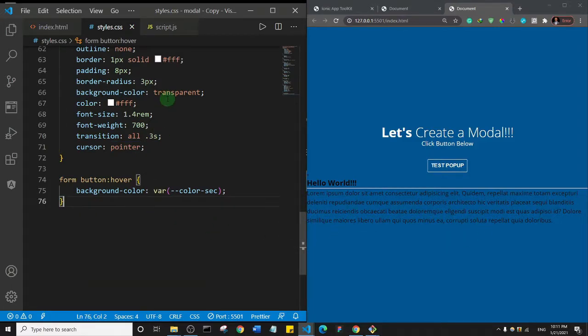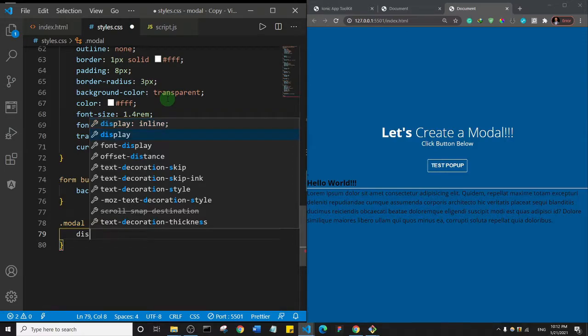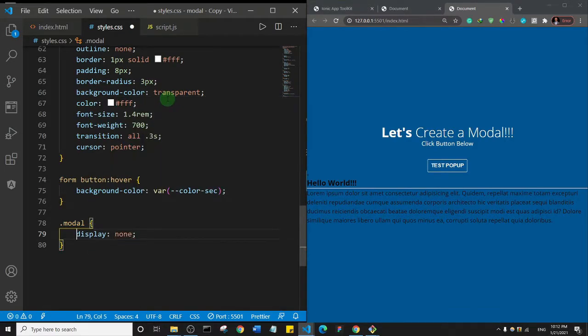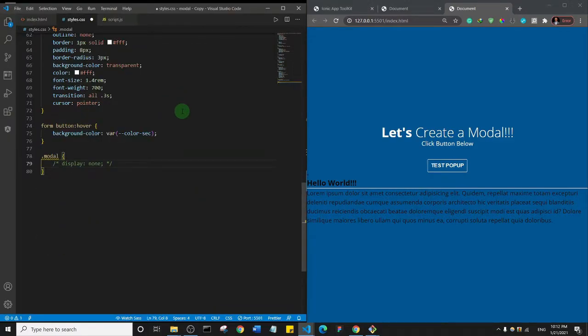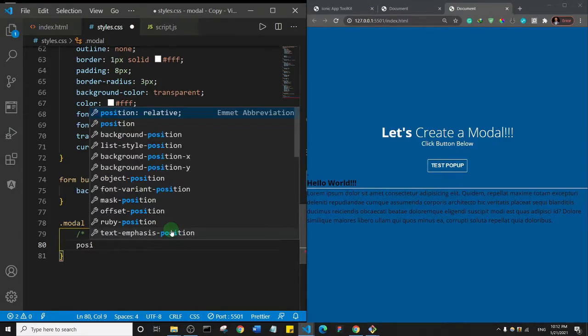That's these guys here. So I'll say, I'm kind of wondering why. Okay, anyway, I'll say modal, and it's a class, so dot modal, and we're going to set the display to none. Okay, display and set it to none, but it doesn't make sense to set it to none yet. Sorry, ouch, I reduced that, so it doesn't make sense to set the display to none yet, so we're going to do that last. Then let's set the position to fixed,